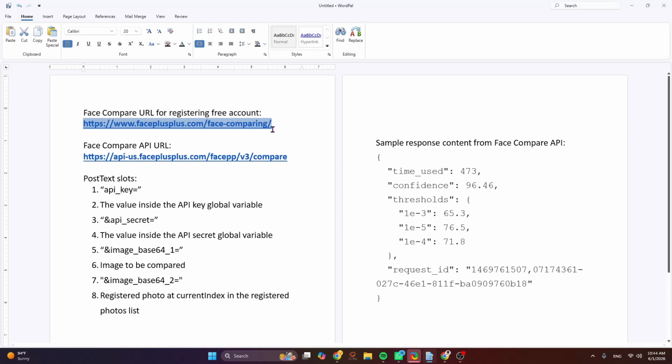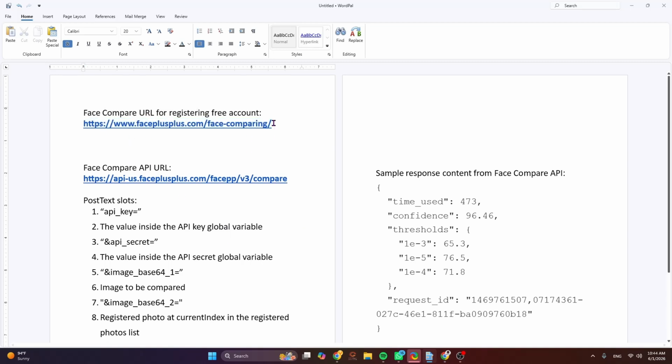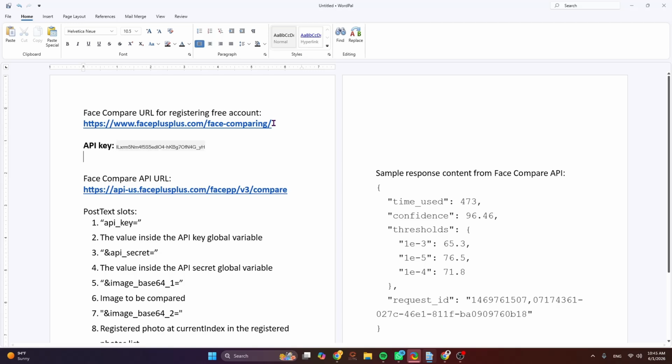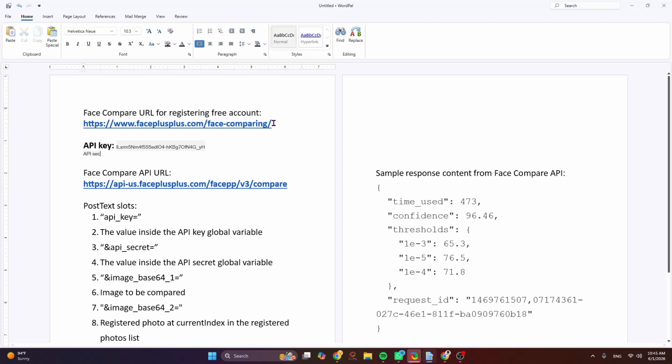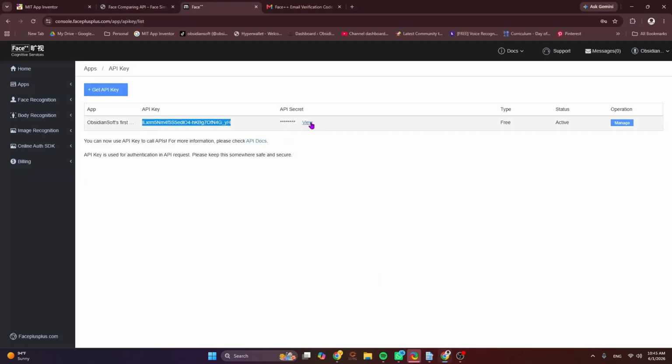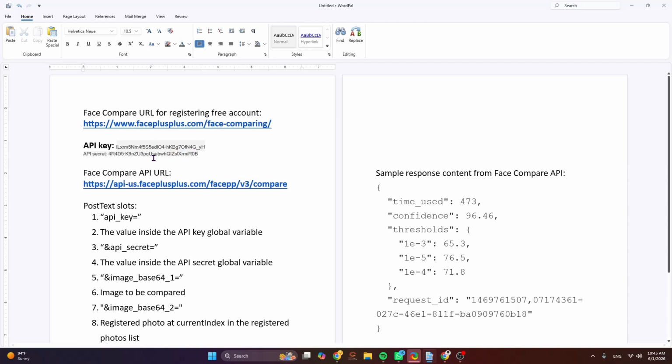And I'll just copy it here. And we have an API secret there too, so we need that too. So just view it and then copy it and paste it here. Please get your own API key and secret, as I will be deleting my API key after this video. Once you have your API key and secret and you have it copied and pasted somewhere safe, we need to